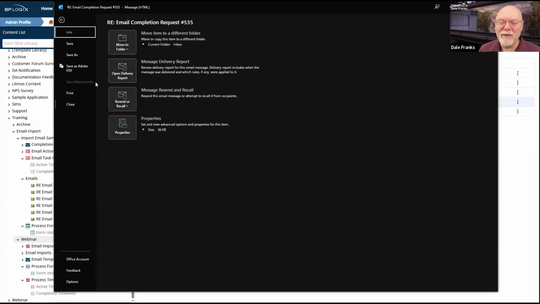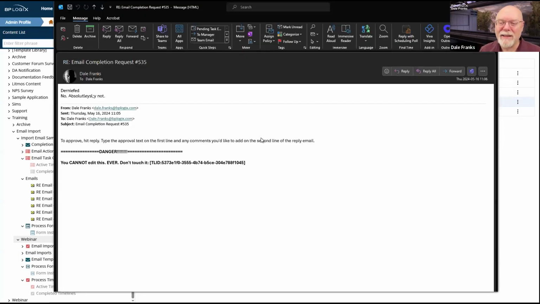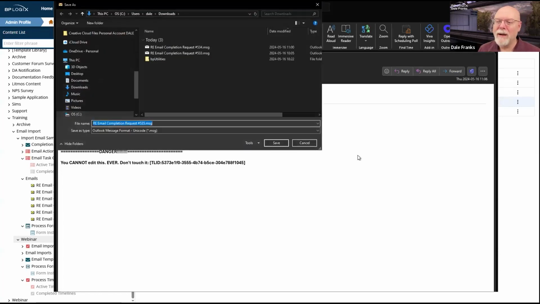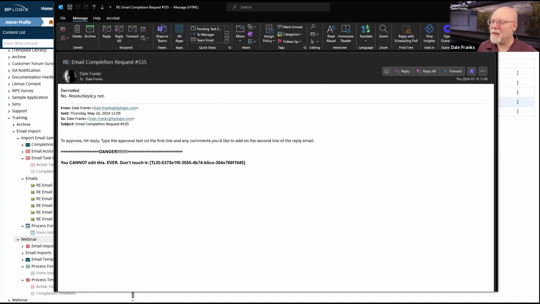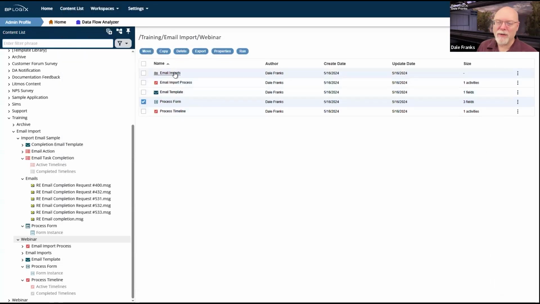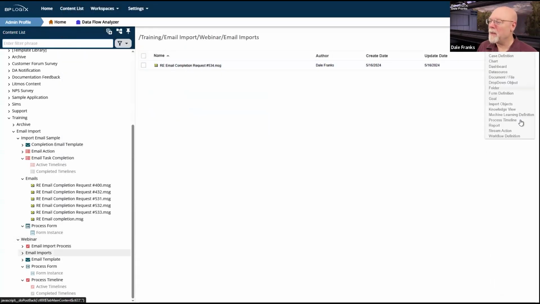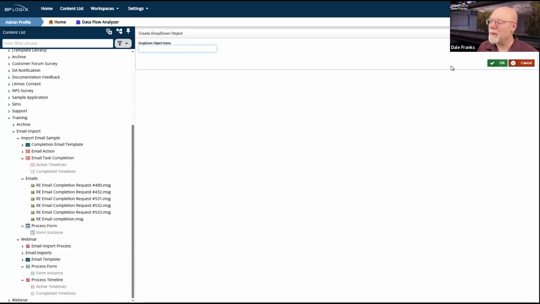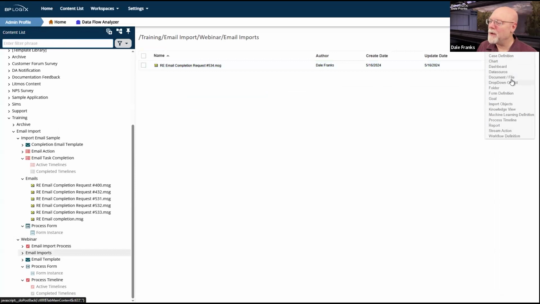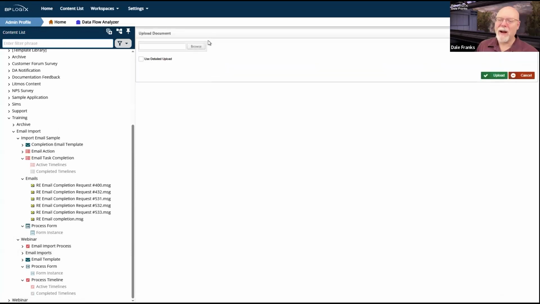And we will file and save as, and this will be 535. So we'll save that message to my downloads folder, going to email imports, new not drop down object, cancel, new document file.